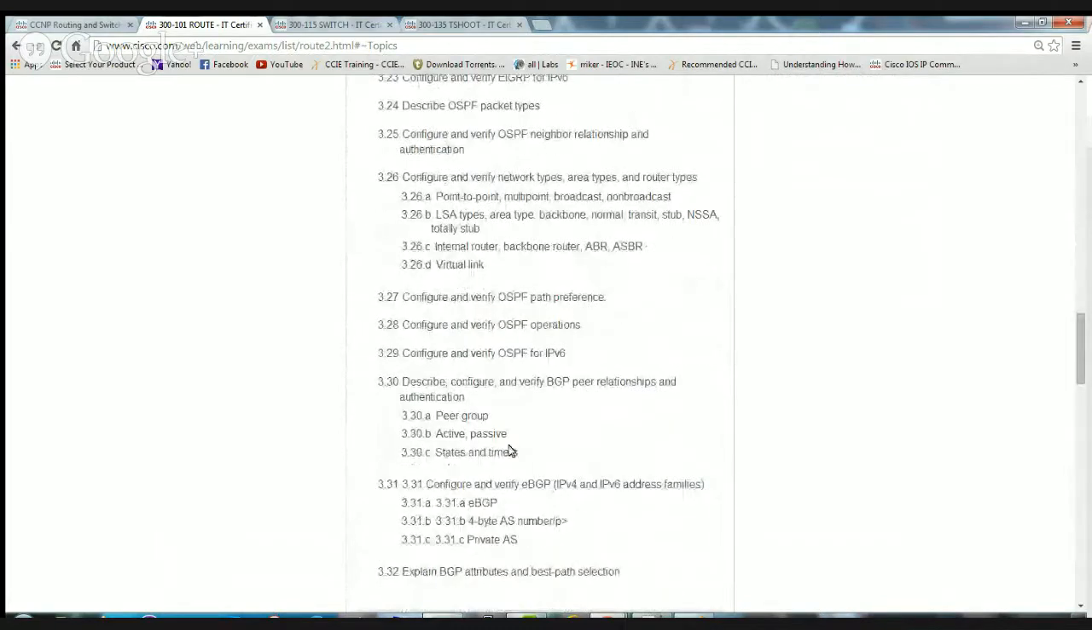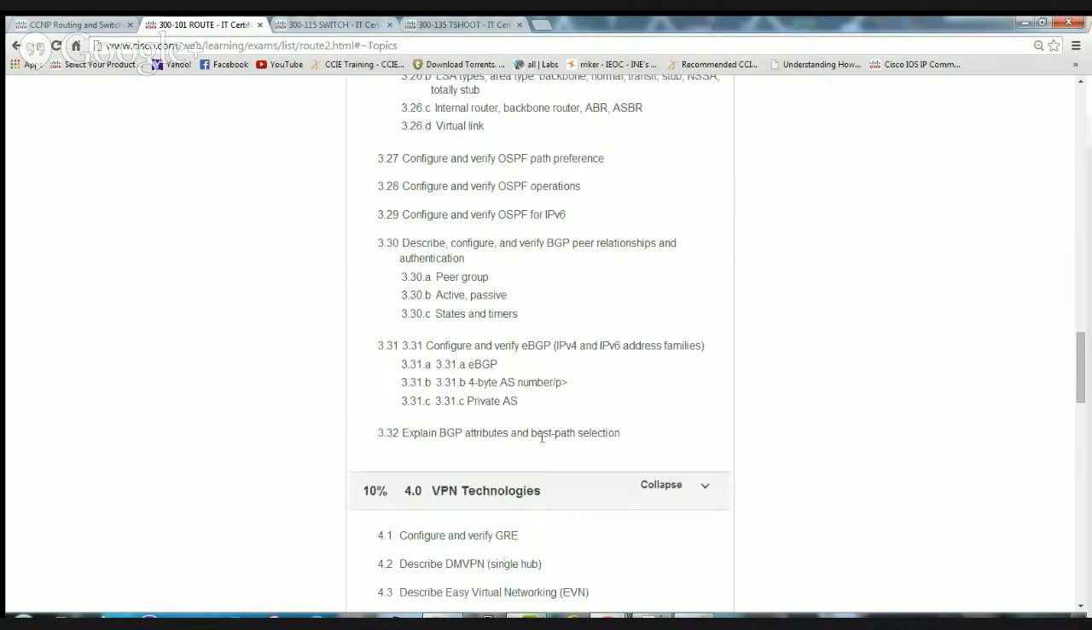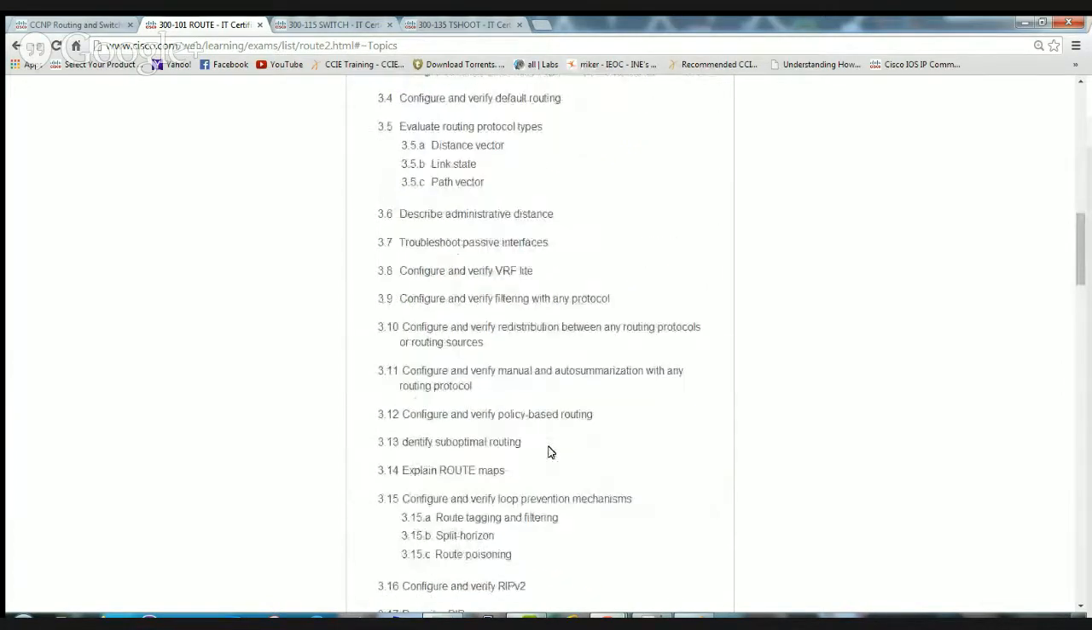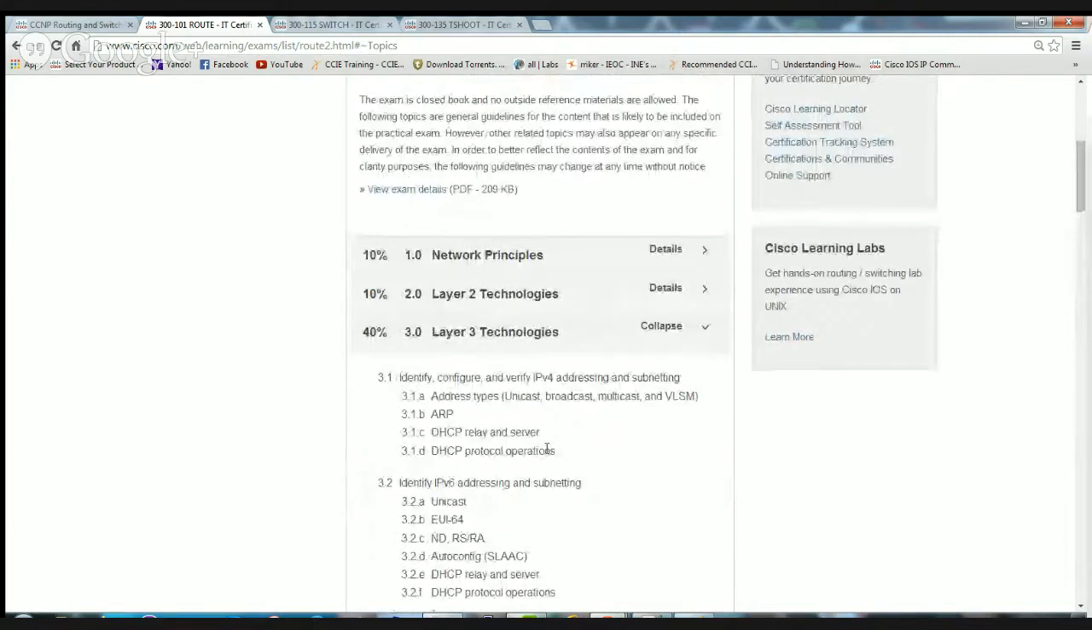Pretty straightforward. We'll talk about eBGP, and then we'll talk about all the stuff you can do with active and passive peer groups, and then BGP with the different address families. And it gets kind of convoluted and complicated when you start talking about BGP with IPv6 and things like that, and private AS numbers and the attributes and the best path selection. So that's what we had to look forward to with the route